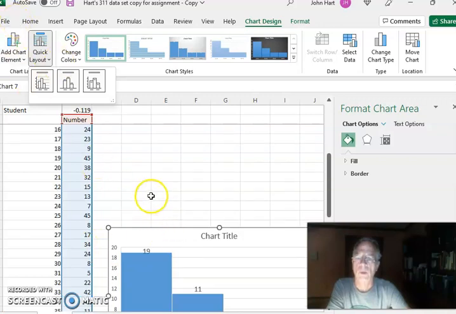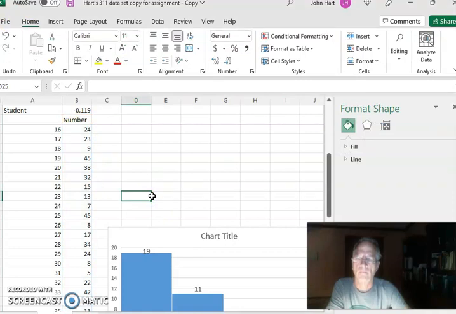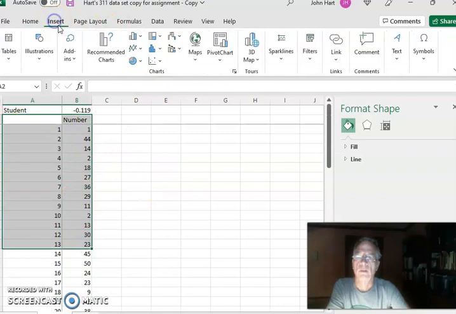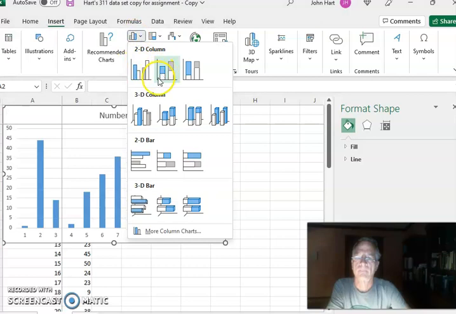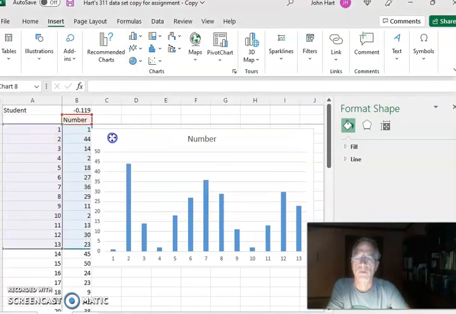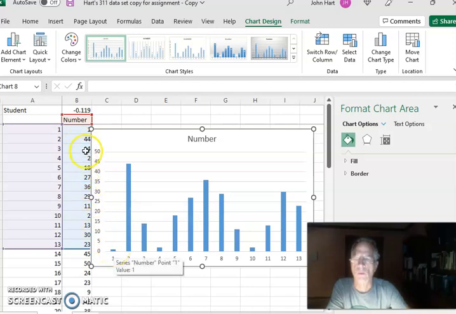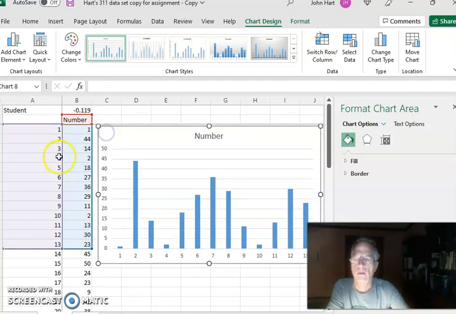I'm just doing it quick here. We can hold our mouse over here, like student number 2 picked 44, student number 1 picked 1, student number 3 picked 14,